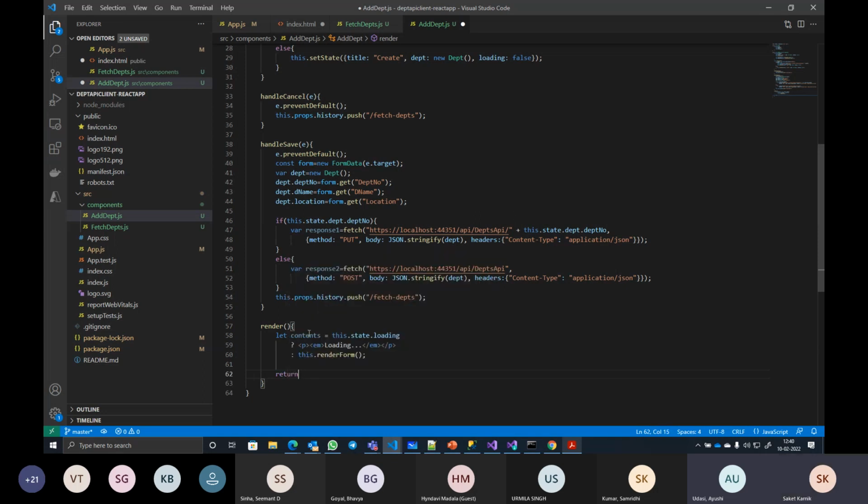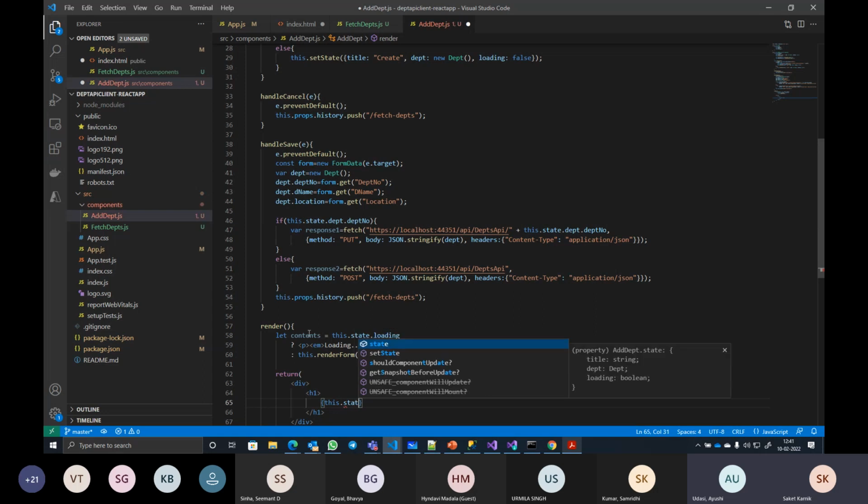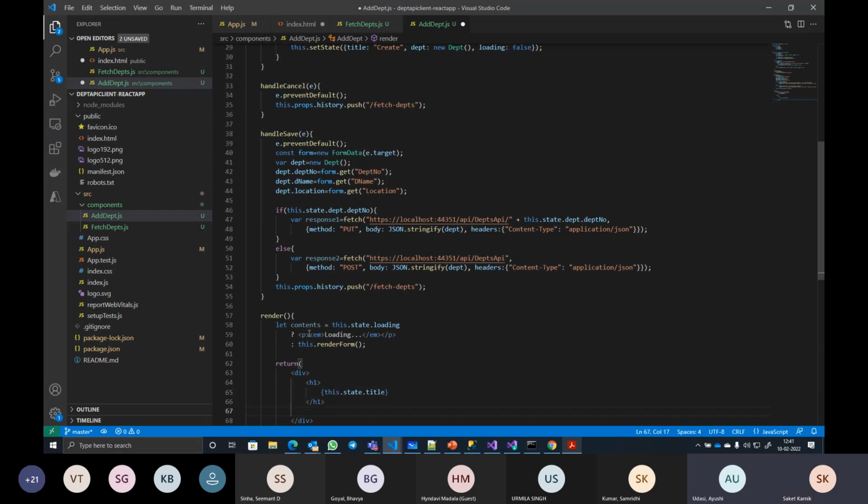Here I say return. What I want to return is a div with an h1, where I say this.state.title in the department.